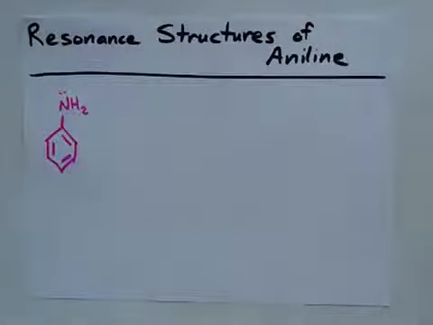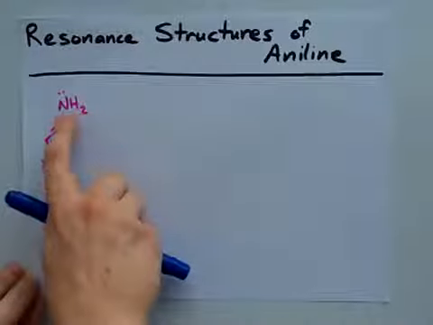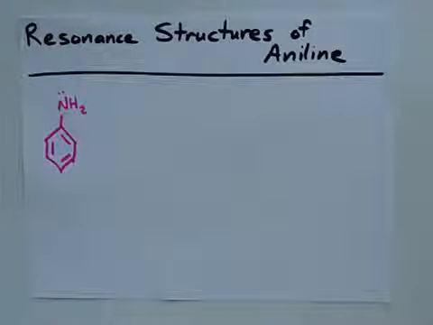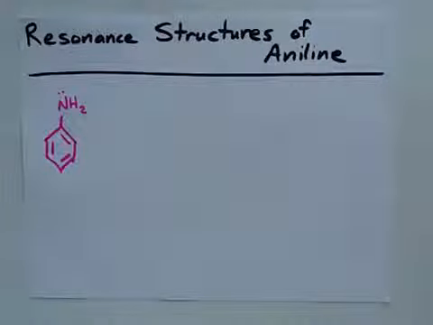Welcome to the Lewis structures of aniline. Aniline is a benzene, but with an amino group on it, an NH2. This has Lewis structures. The most obvious Lewis structure is